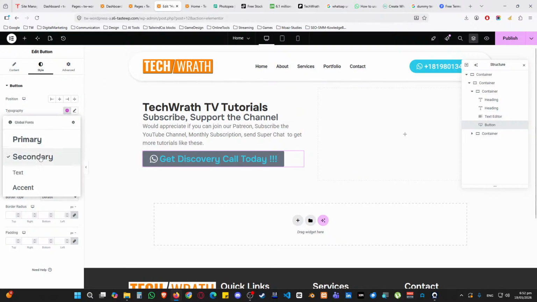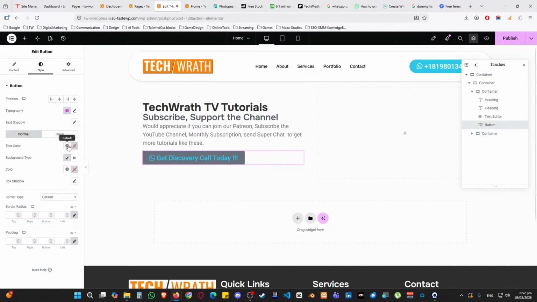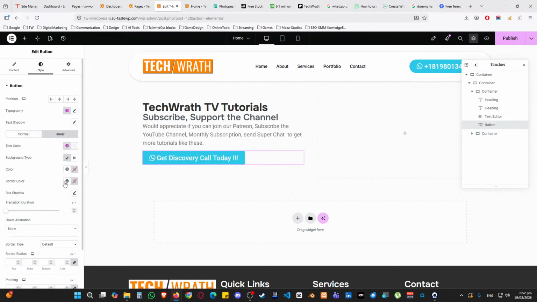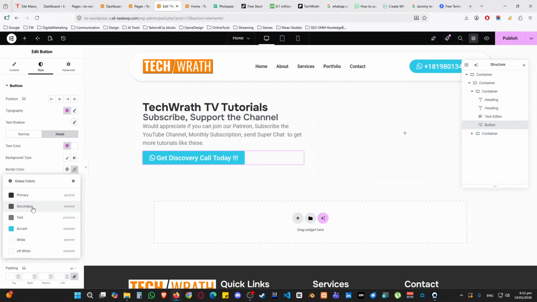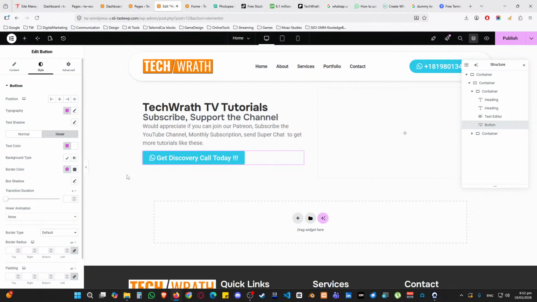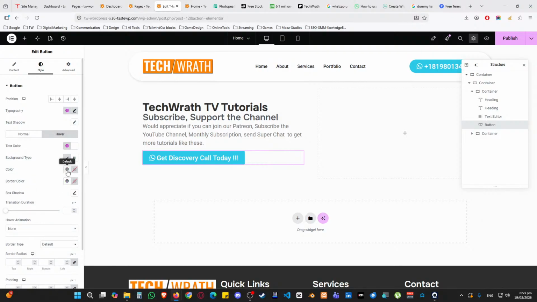Typography, too big. Accent, too small. Accent. Yep. Text color, I'm going to do white. And this is going to be accent. Hover. Text color is going to be white. And background color is going to be secondary. Oh, sorry. I accidentally selected the